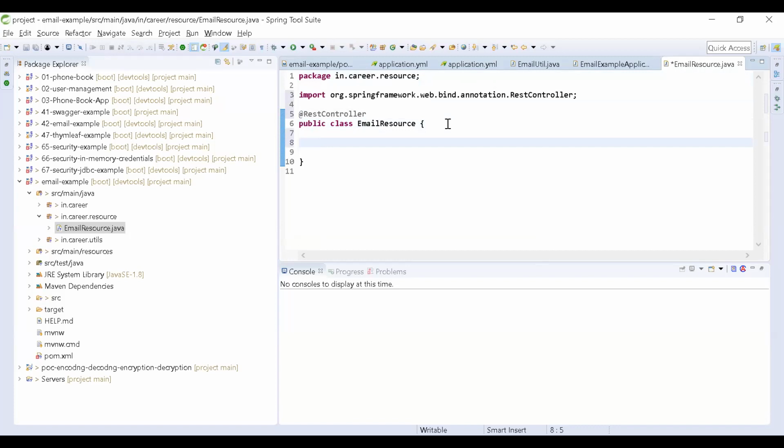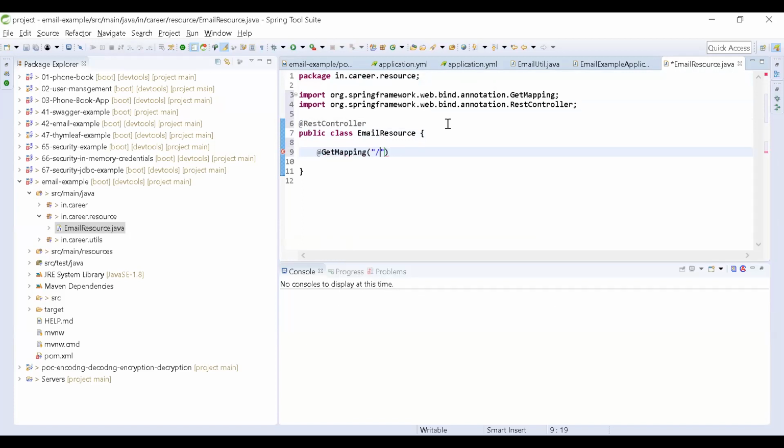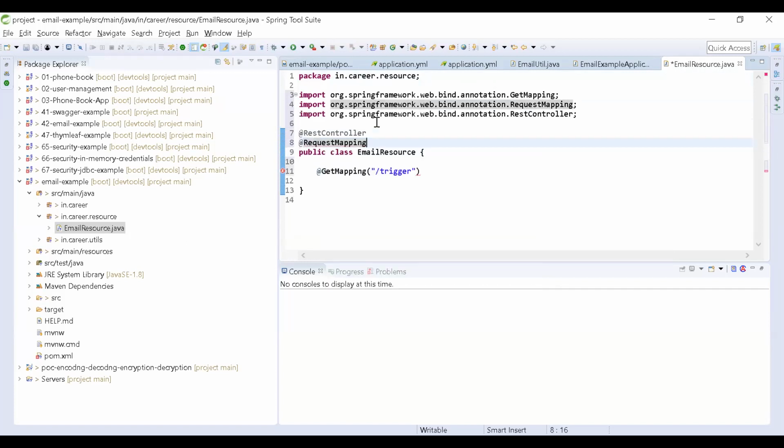So @GetMapping, a simple API I am going to expose here, or you can say @RequestMapping email trigger, public string or boolean email trigger. As of now I am hard coding all the fields.